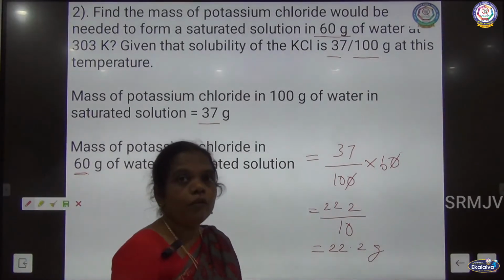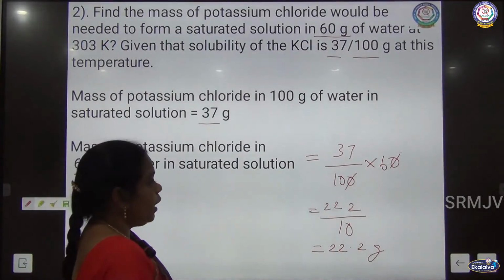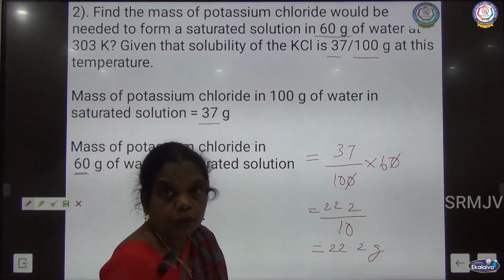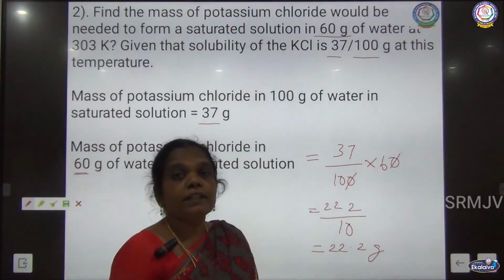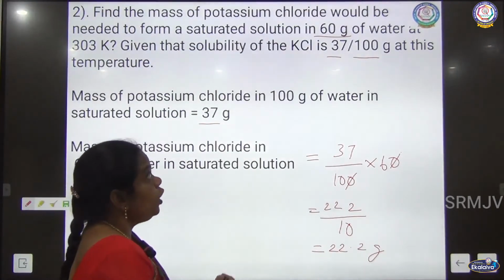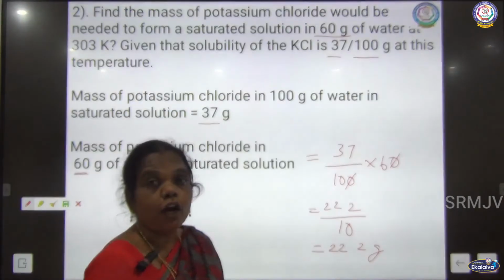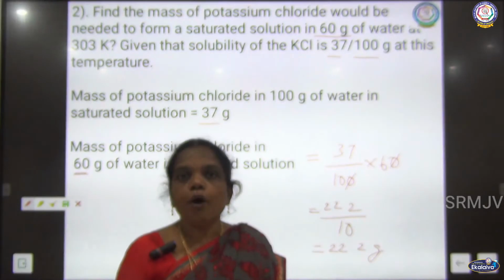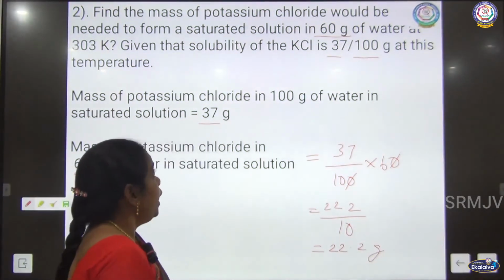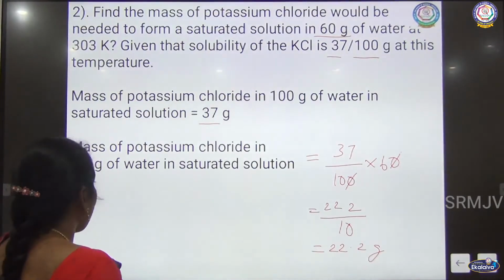So now we are going to find what? How many grams we need to prepare the saturated solution of 60 gram of solvent. Understand? Now the solubility, now we are going to find how to find the amount of solute to prepare the saturated solution. And the next one is,